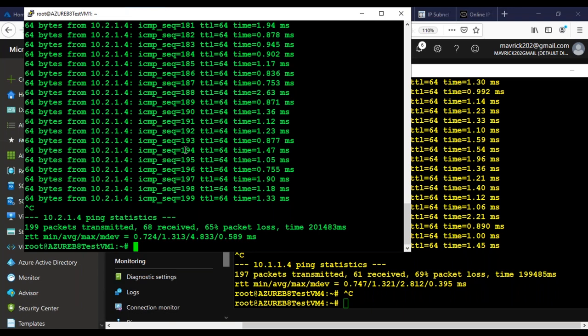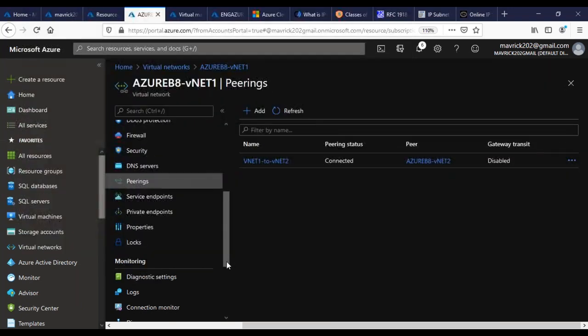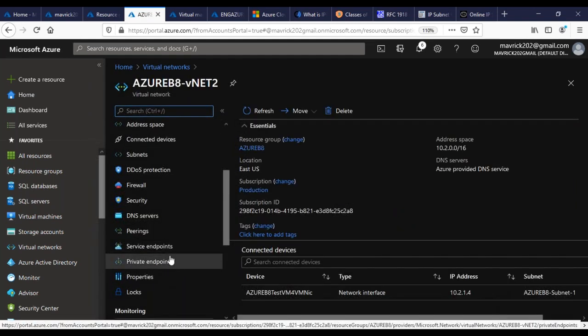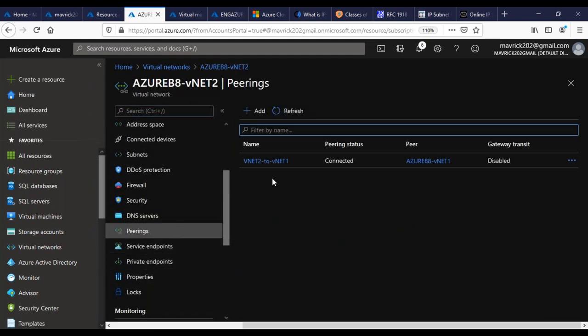Okay, thank you. Questions, guys? Now, Harsha, VNet peering, so you have done it from VNet 1 to VNet 2 and VNet 2 to VNet 1 in the same shot? Yeah, it's the same shot. If you see, it is automatically established. We are in VNet 1, so it is VNet 1, VNet 2. I can go back to VNet 2 and go to the peerings, and you will see VNet 2 to VNet 1 is already created.